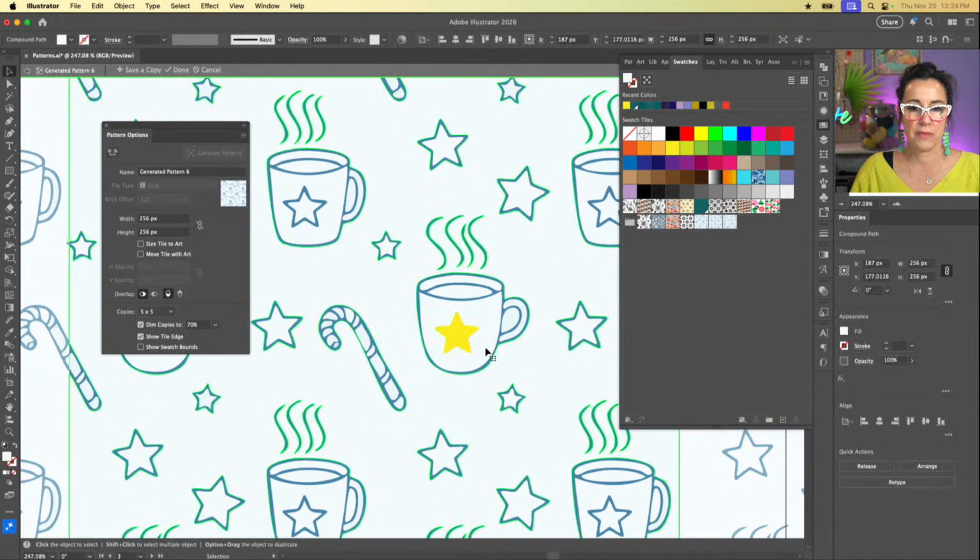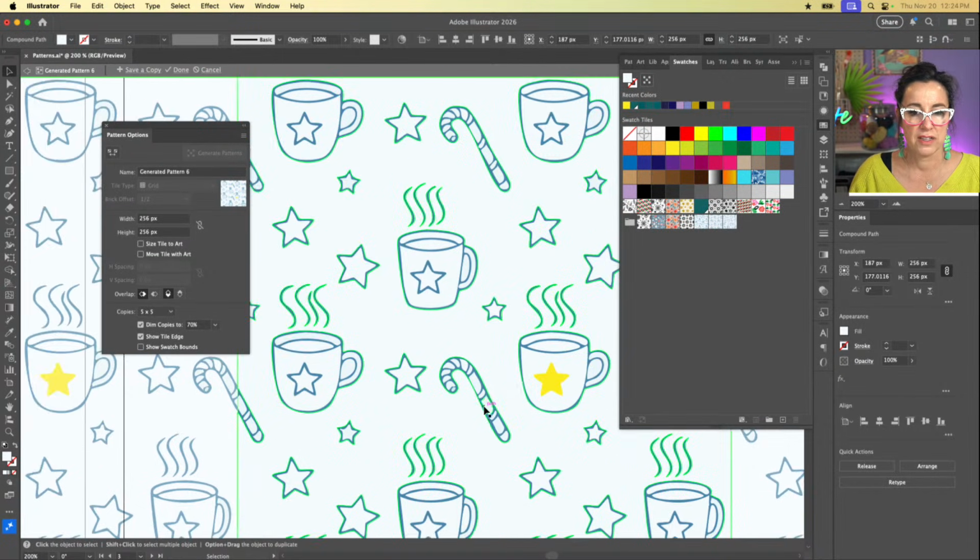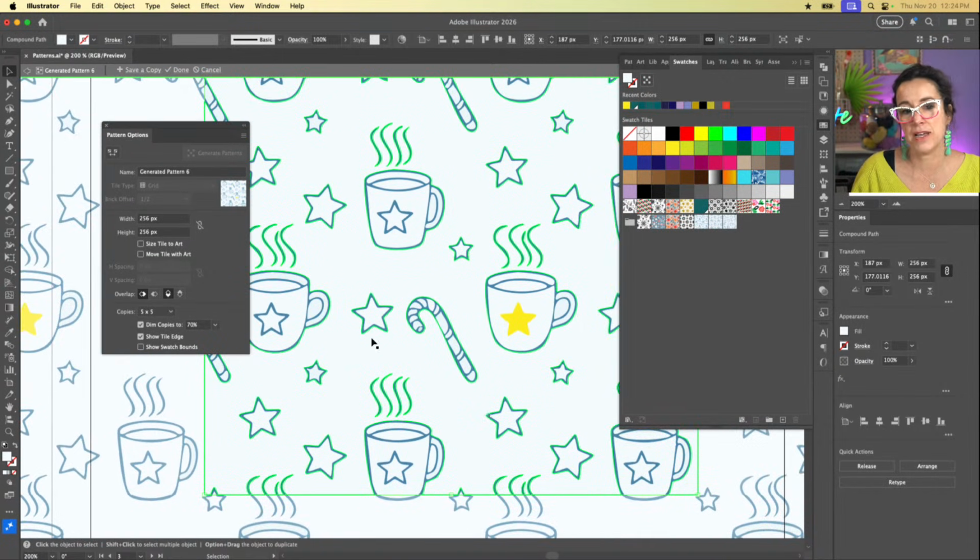There we go. Maybe we want to have a full star. So we can come in here and play with this. Maybe we want to add some shapes behind it. I don't know. Let's get the blob brush, and maybe I'm just gonna